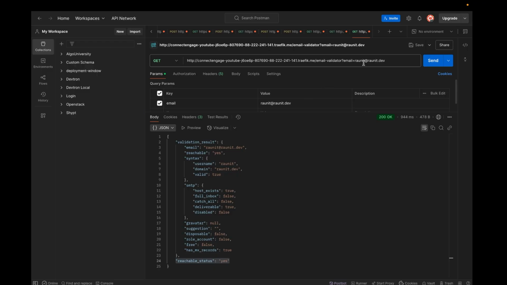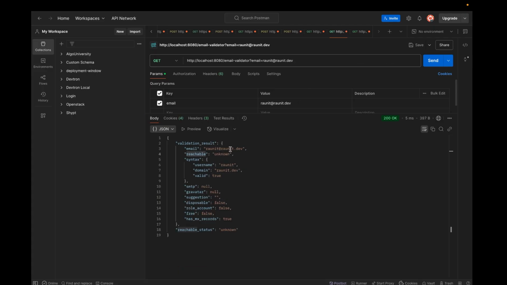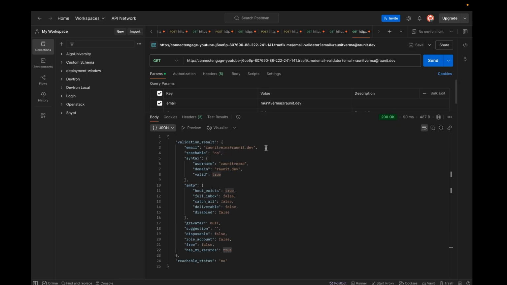And let me just type a wrong email which doesn't exist and see what happens. You will see reachable is no, because this email doesn't exist on my custom business email. So we'll just see no and reachable status no, but you will still see that it has an MX record. Emails like this you won't be able to verify locally, but